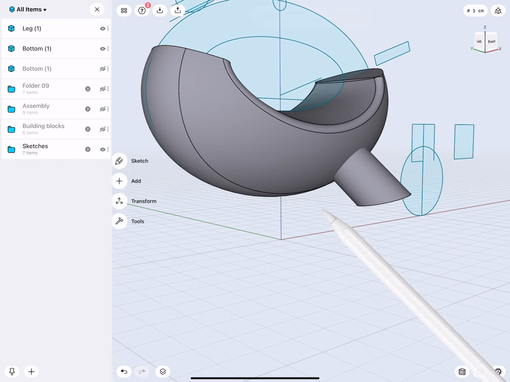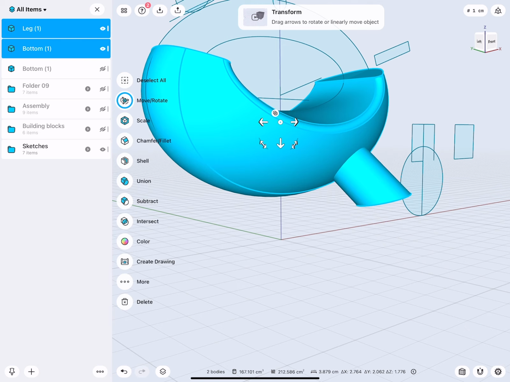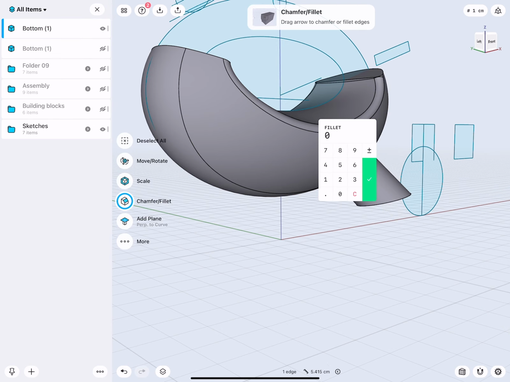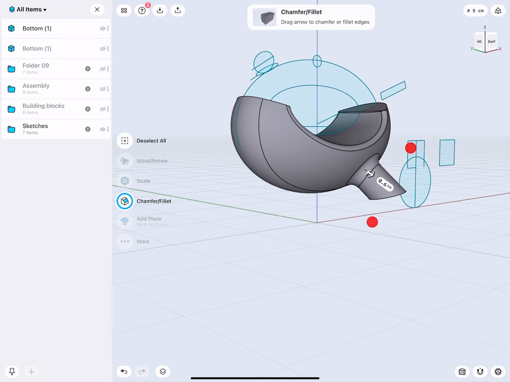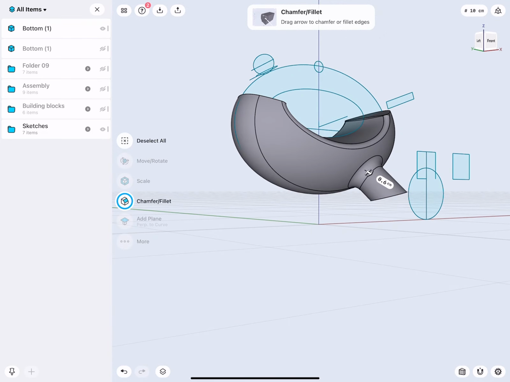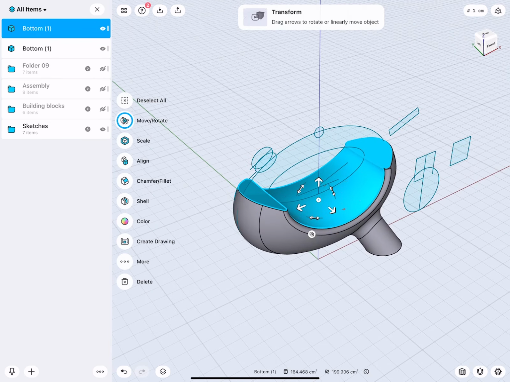Then actually, yeah, we can join them together. Very good. And here we set 0.6 for the fillet. Very nice. Okay, now so this is the inside, and the inside we will remove from the outside.